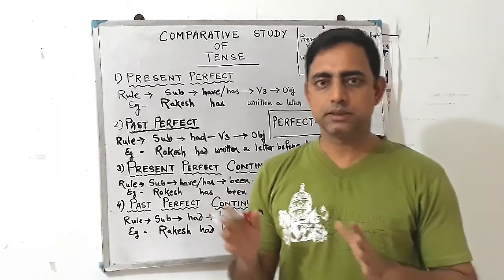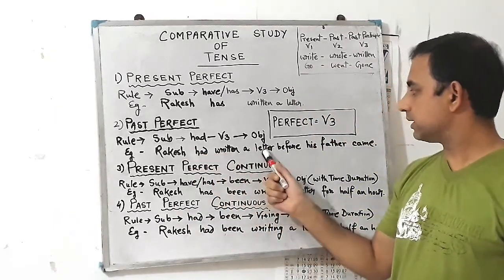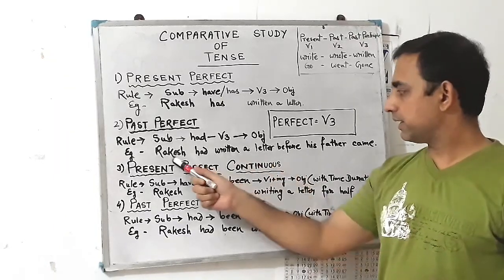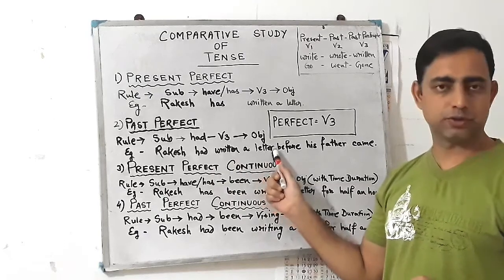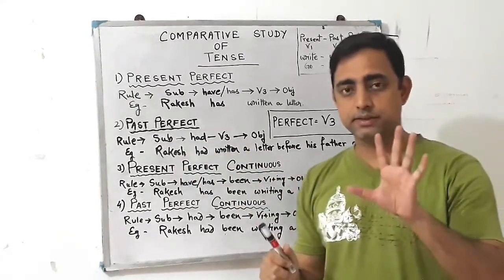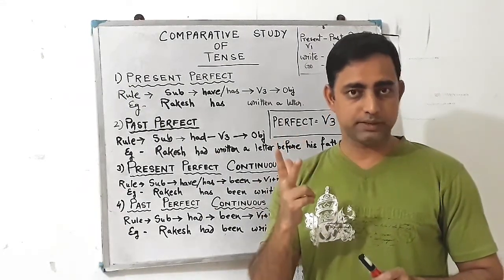We can't write that Rakesh had written a letter and then full stop. We should not write Rakesh had written a letter then full stop, because past perfect is such a tense, just listen to it attentively, that whenever two past actions took place,